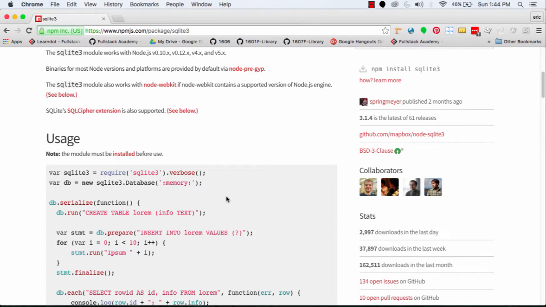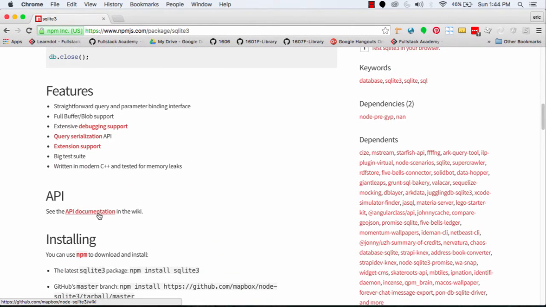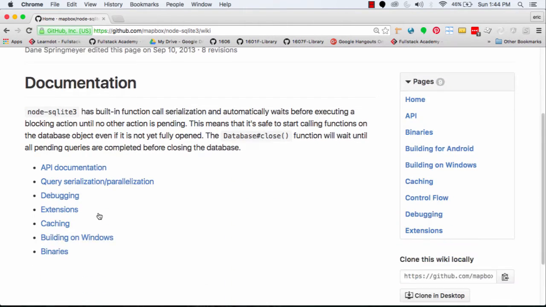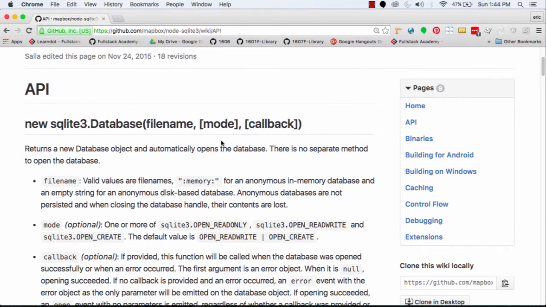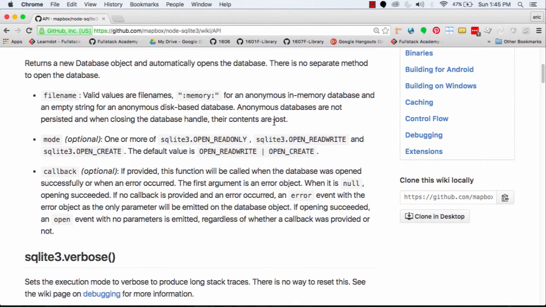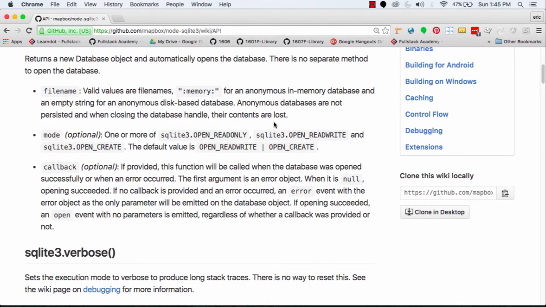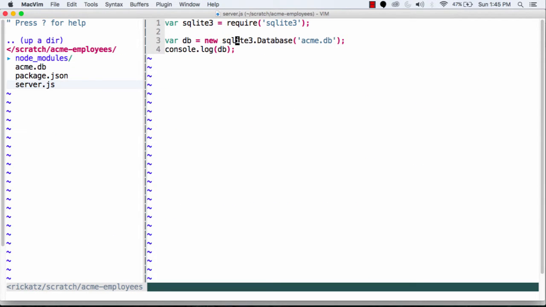Well, we ended up looking at the API documentation for SQLite. We could see that when we create a new database, we could specify what the mode is. I'm assuming one of the modes that we have here is probably open, read, and write. That's my guess here. But we have other parameters that we could pass in. One of them is a callback. And what's interesting, and probably is not really documented that well here, is that if I specify a callback,